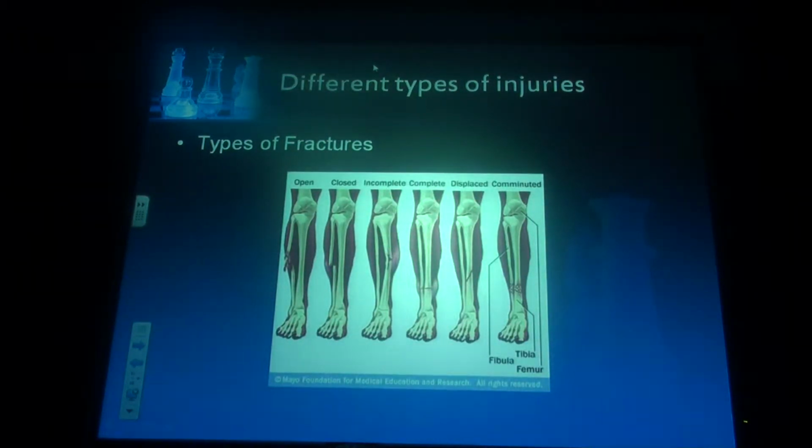Okay, types of fractures. You have an open fracture right here, obviously where it's coming out. You have a closed fracture right here because it's still inside the skin. Incomplete fracture because it did not go all the way through the bone. Complete fracture where it goes all the way through the bone, not necessarily both bones, but it goes all the way through the bone. Displaced fracture. This is not a great picture, but a displaced fracture is when those bones are not lined up and they come out of a normal alignment together. Then you have a comminuted fracture right here, which is when you have little pieces of a fracture.